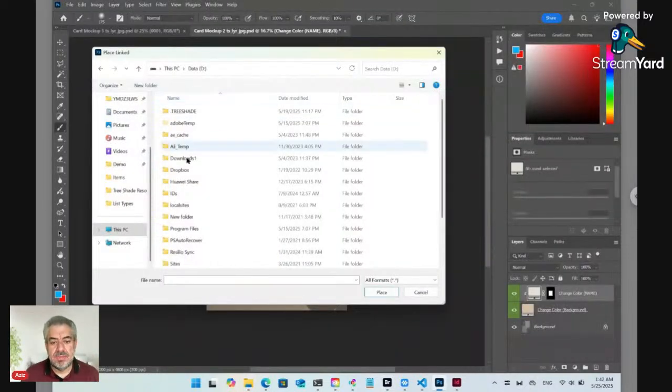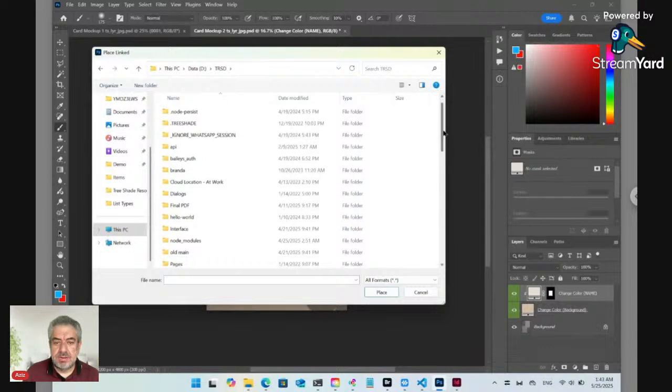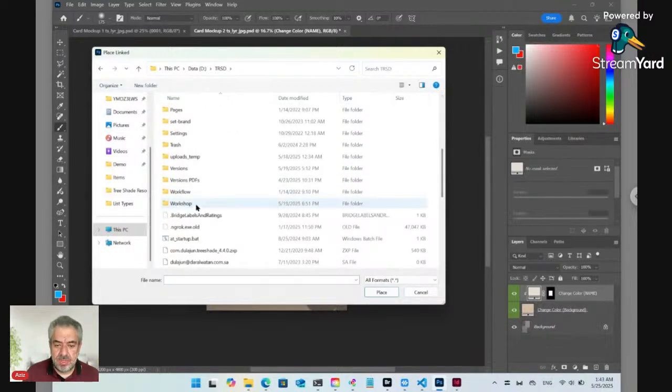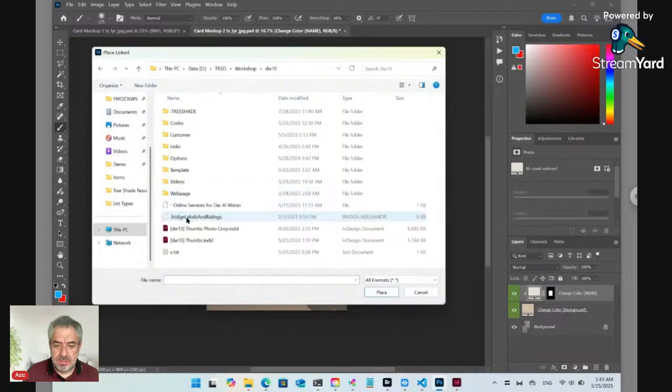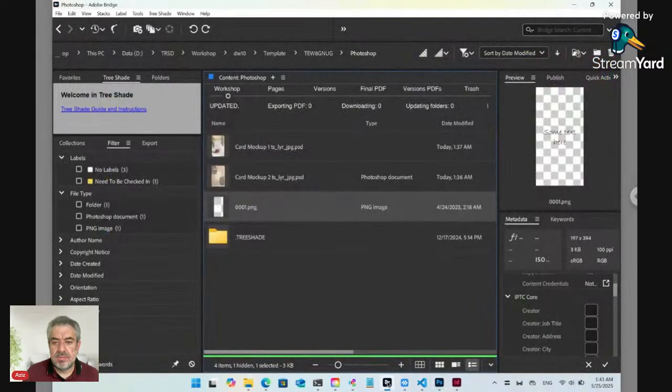That will be great to bridge the Creative Cloud applications by Adobe Bridge, actually, because now if I select place, I need to go to the current project location inside TRST workshop, TW10 template, then what, NUG,